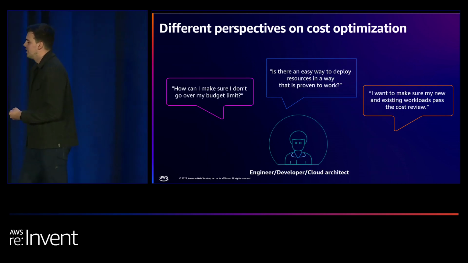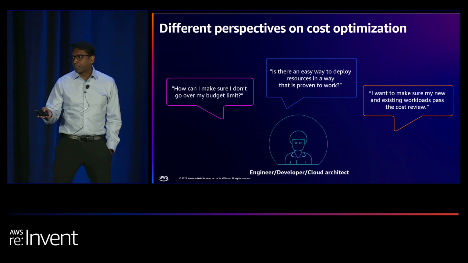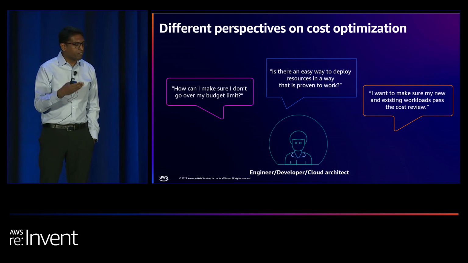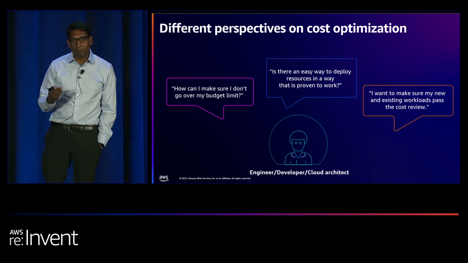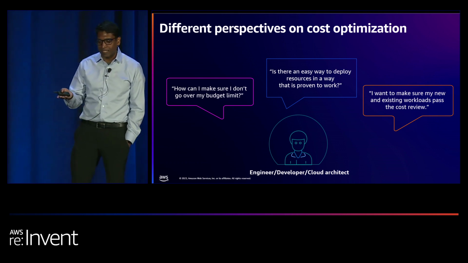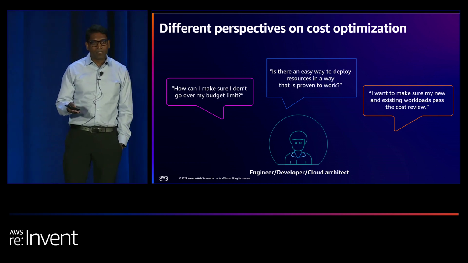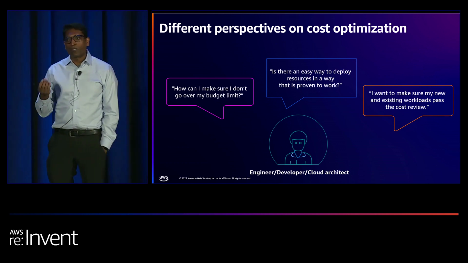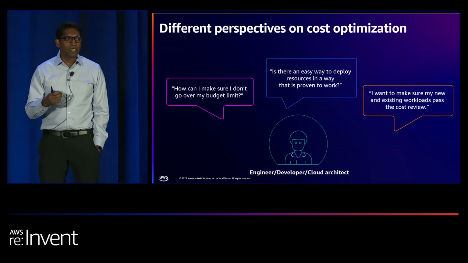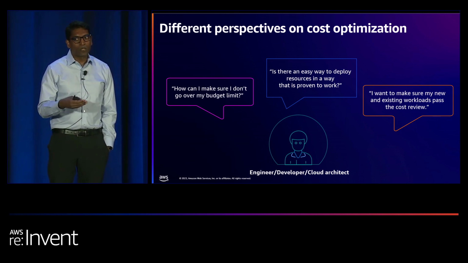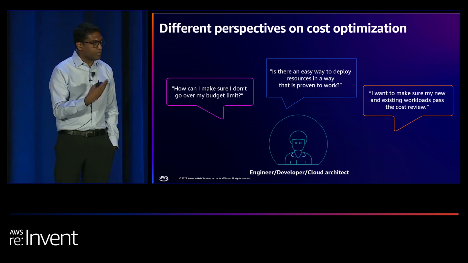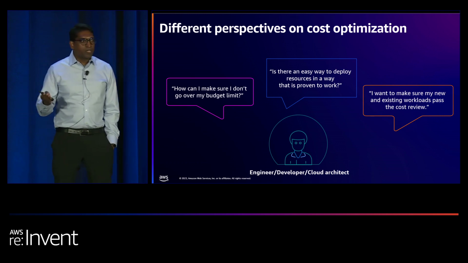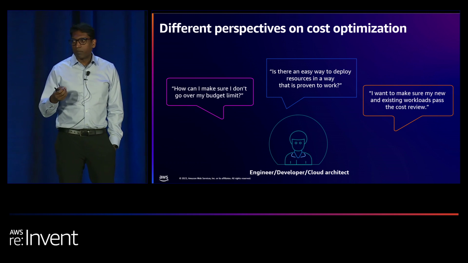All right. So we'd also like to acknowledge that within the audience, we likely have different personas. Different personas mean that there are different perspectives for how everyone approaches their cost optimization strategies. So we'll start with the engineers and developers. The engineers and developers are typically asking themselves how they can ensure that they don't go over their budget limits. And this is extremely important when you're dealing with the cloud, where you have nearly an infinite amount of compute resources. The second, engineers are also looking to see how they can provide more efficient